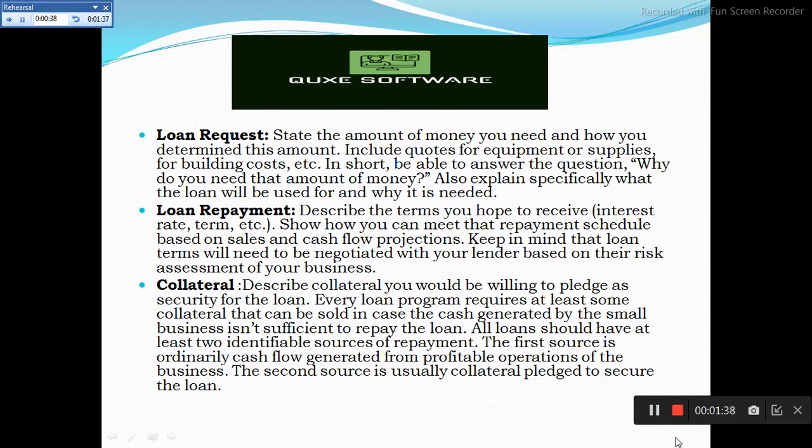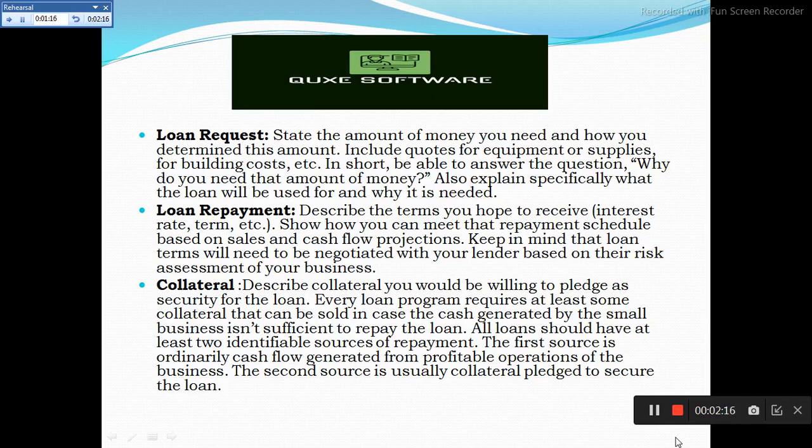Loan repayment. Prepare a loan repayment schedule showing the amount of interest and principal repayment to be made over the period of time. Calculate interest on the basis of the interest rate which has been agreed with the bank. In case it's a cross-border loan, then the inflation rate of both countries will be applicable.